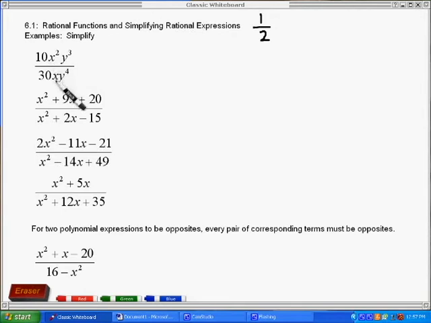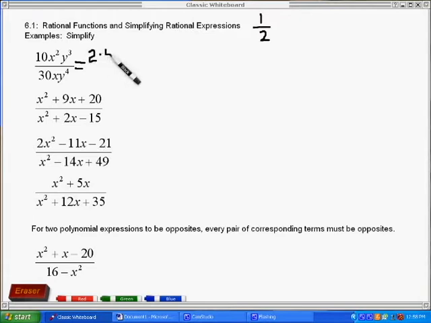I know that we've talked about and even simplified expressions like this already in the class, and the easier way that we talked about doing this was just saying, okay, well 10 goes into 30 3 times, and then there's 2 x's on top and 1 x on the bottom, so we cross out an x from the top and bottom, leave 1 on the top, etc. But I want to talk about the longer way of doing this, and that's by factoring both the numerator and the denominator. So if I were to do that, on the top we'd have 2